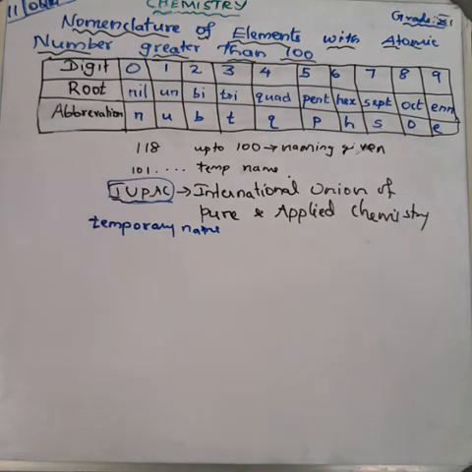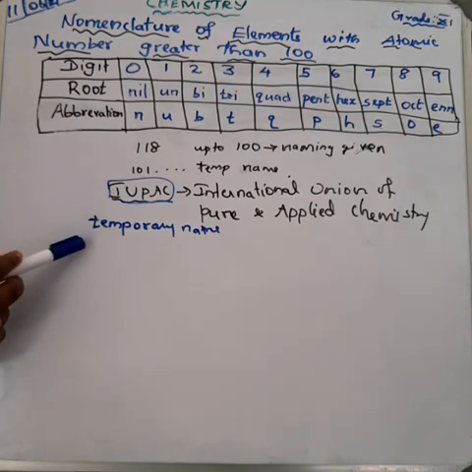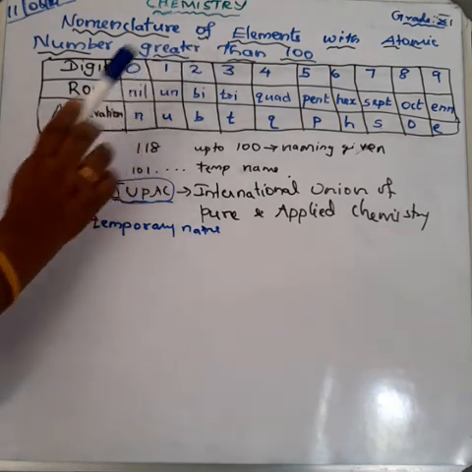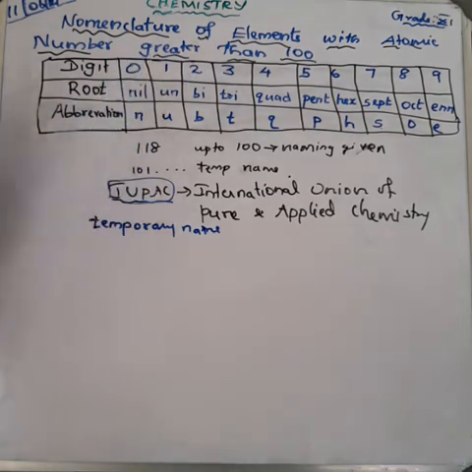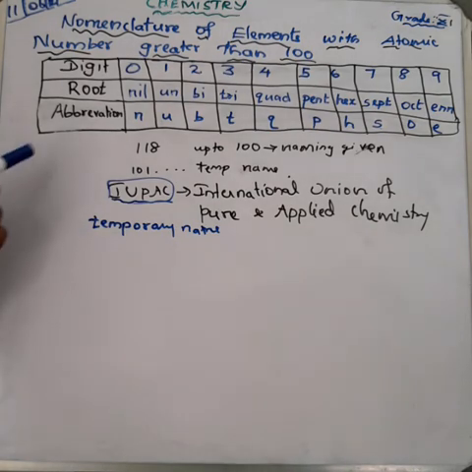What are the rules? The first rule is that the name is derived directly from the atomic number of the new element using the numerical roots. So here,